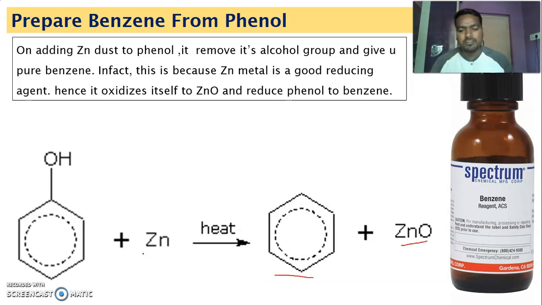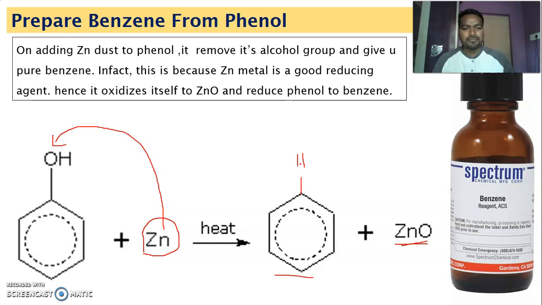Dear students, it's very simple. Here zinc acts as a reducing agent used for reduction. This zinc takes the oxygen and becomes zinc oxide, and the hydrogen remains in the benzene ring, and it gives benzene. This is one simple method through which we can prepare benzene by using phenol. Now the next method of preparation is preparation by using